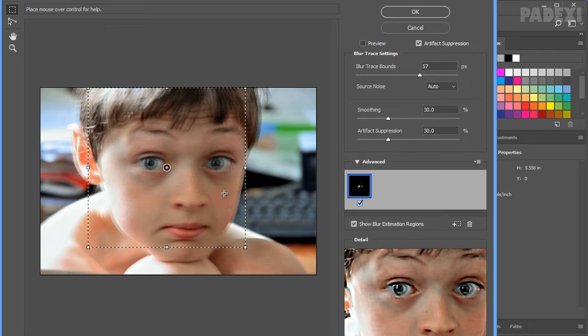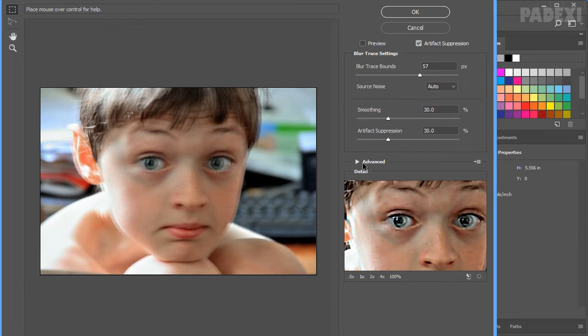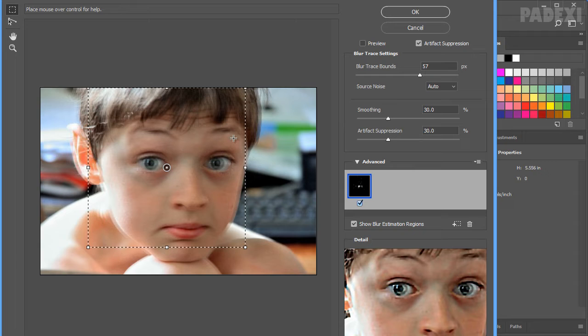You can see here that a rectangular marquee region is automatically created. If you can't see this region, the chances are that the Advanced panel here is collapsed in your case. So go ahead and twirl it open so that you can see this rectangle. You can resize this rectangle by dragging the corners, and there is a pin at the center. You can use that to move the entire region here.